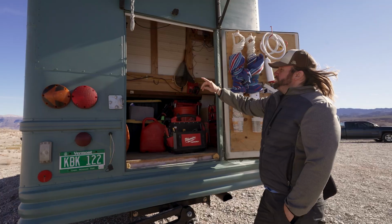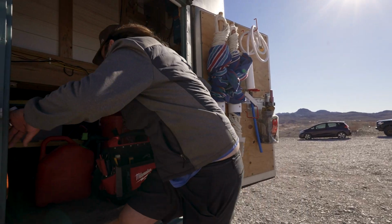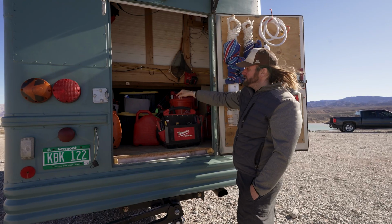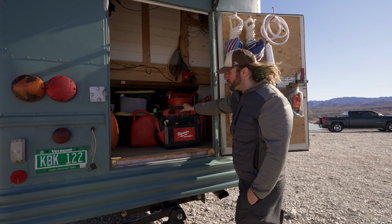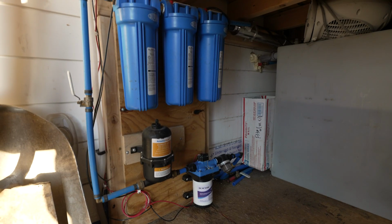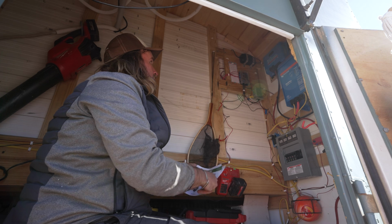So there's about 2.5 feet from wall to the headboard of the bed, and it's a full 8 foot tall in there. Sometimes we'll hang our bikes in here. It has a lot of our tools, some camping accessories, our water tanks, our water pump, and our solar components as well. So we have a Victron